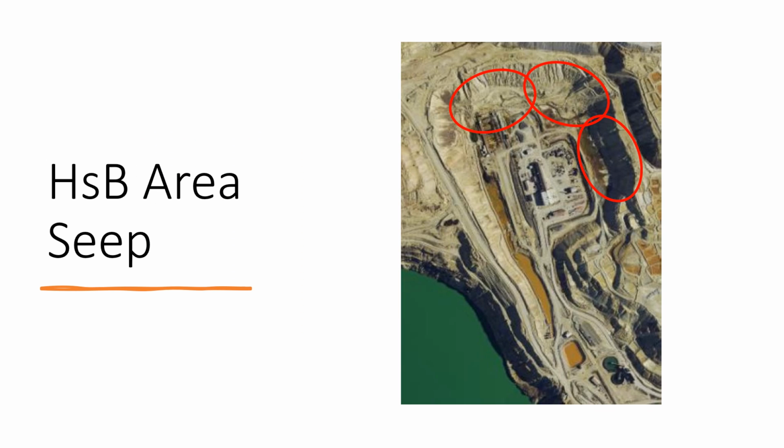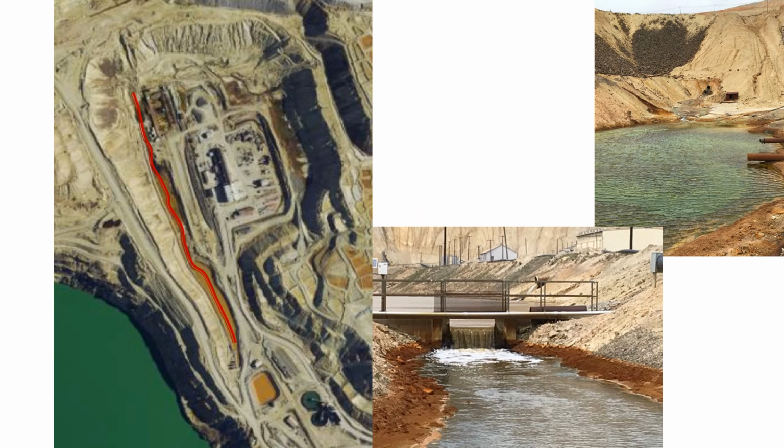Moving on to the Horseshoe Bend area seep water, this is separate from the Berkeley water. This is all the water that comes through the hillside. It's around the garage area, and you can see in the red circles where there might be puddles that accumulate. Like I said earlier, we do have the ability to run Horseshoe Bend area water through the precipitation plant separately from the Berkeley water, but in typical conditions, it just follows that red line down those holding